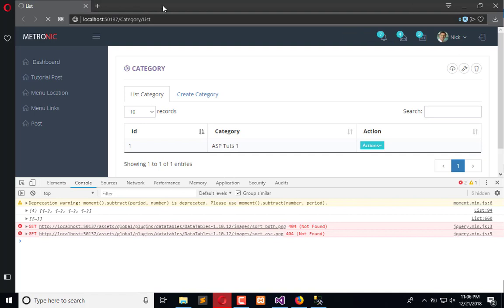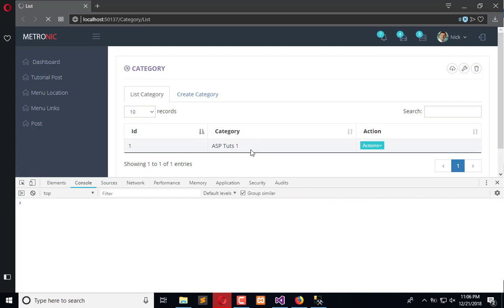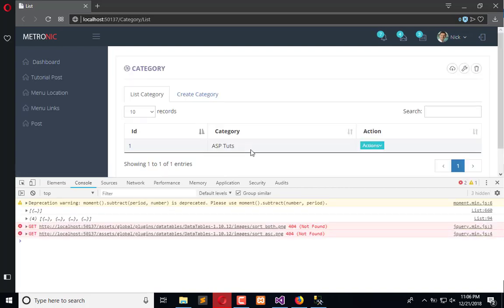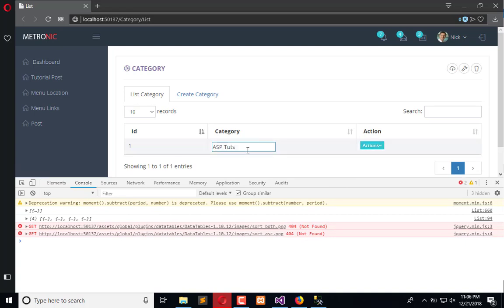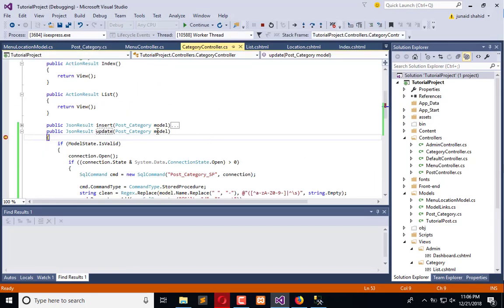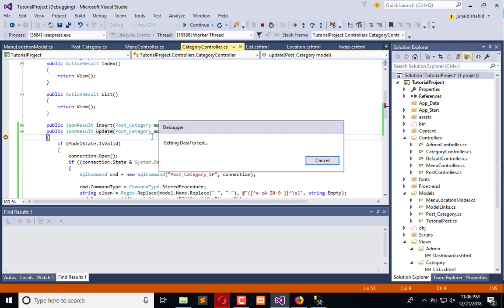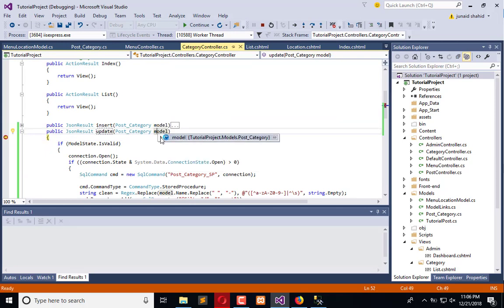Now refresh this and see the magic. When I will click on edit, this field become editable with the current text, and I will update the text here. This is toots, let's say TEP, and click on save. Here we have the request. In the model it is getting data. Here we have PC ID and here we have the name TEP. So